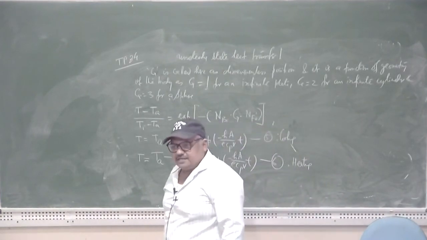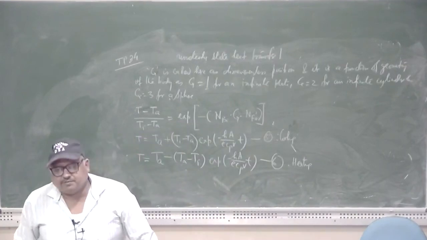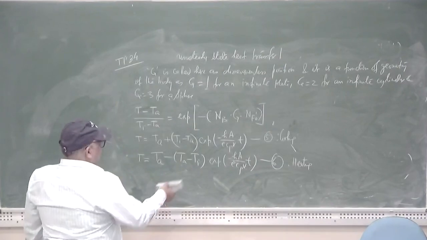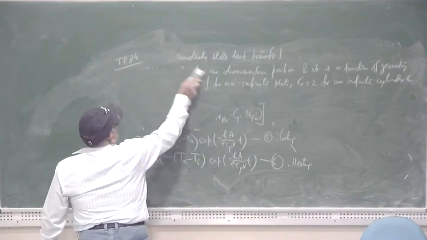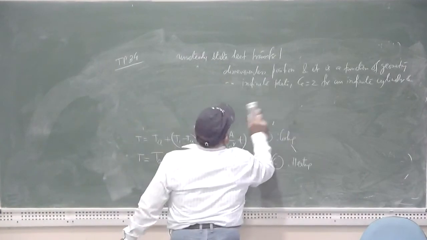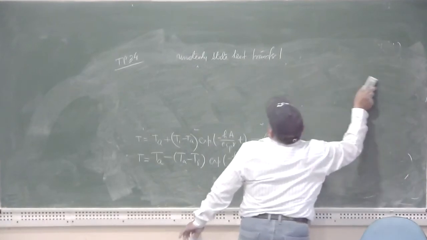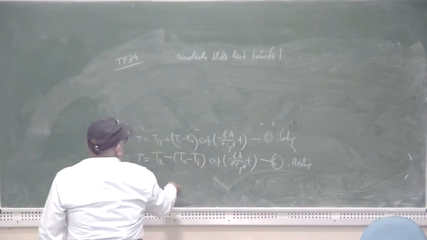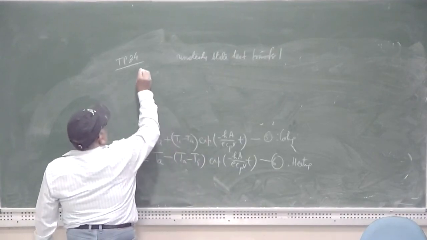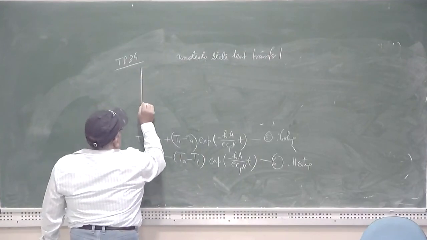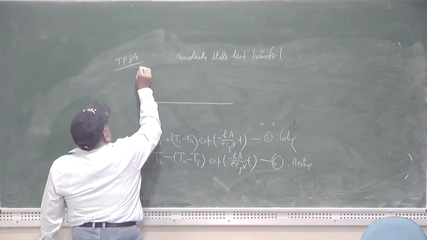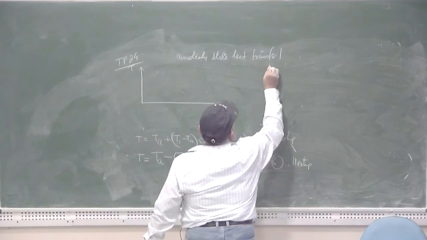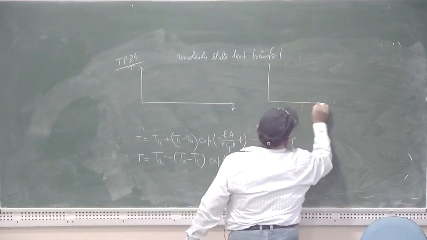What is the physical implication, what is the physical meaning of the equations number 5 and 6? Let us try to evaluate. What basically do equation number 5 and 6 tell us regarding their practical application? Now since both equation number 5 and equation number 6 contain an exponential term, if you draw the plot of temperature as a function of time in both the cases of heating as well as cooling,